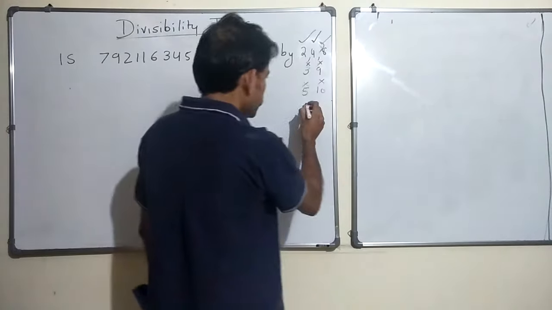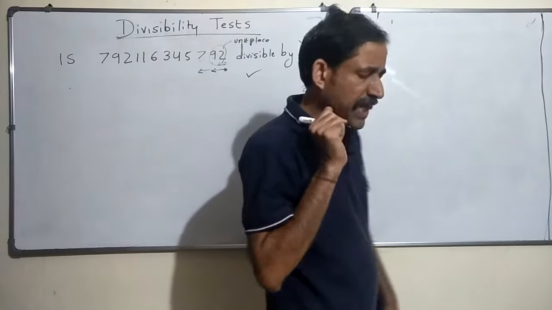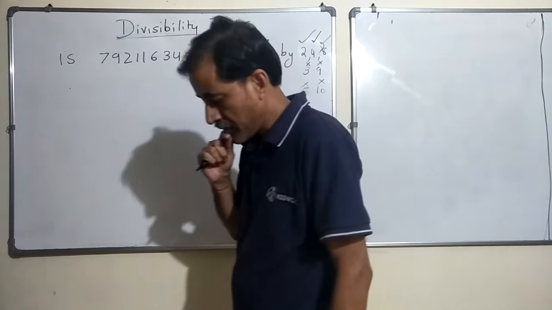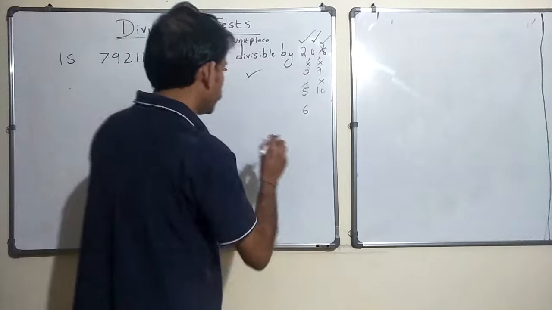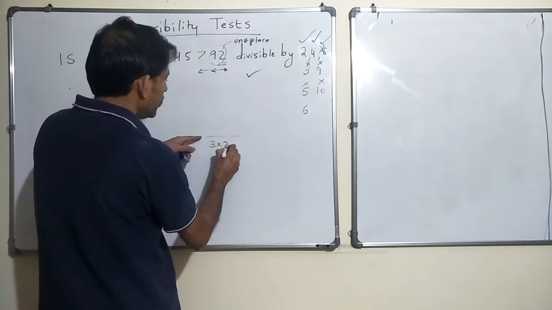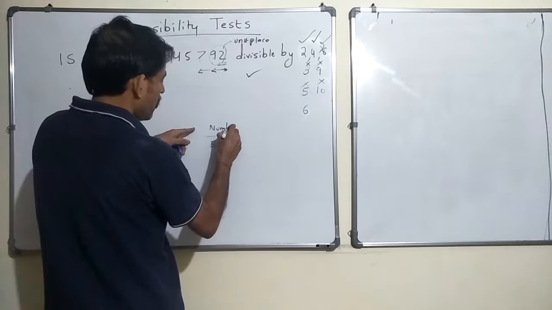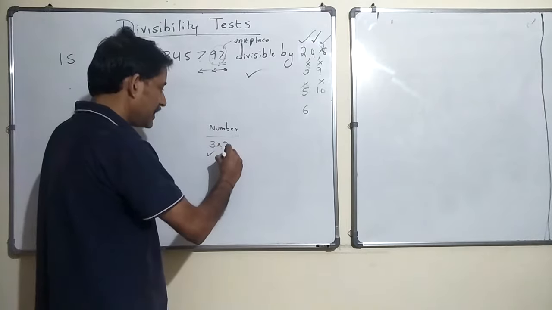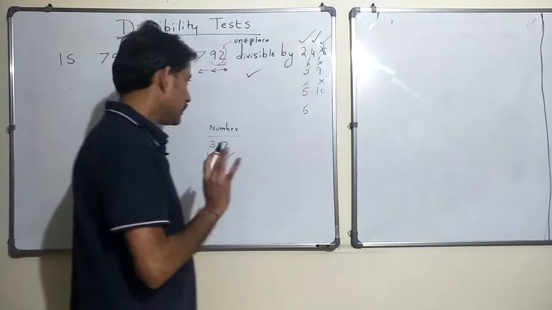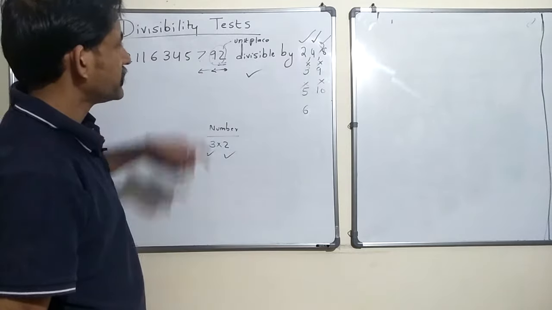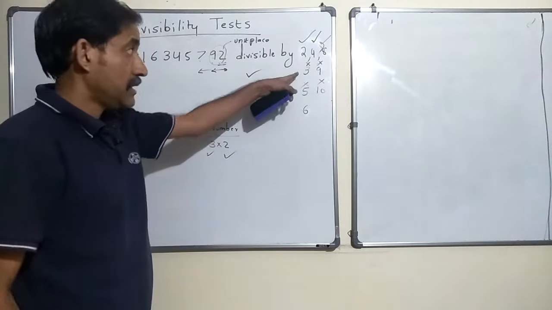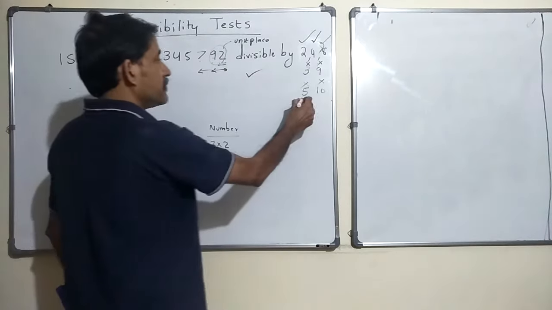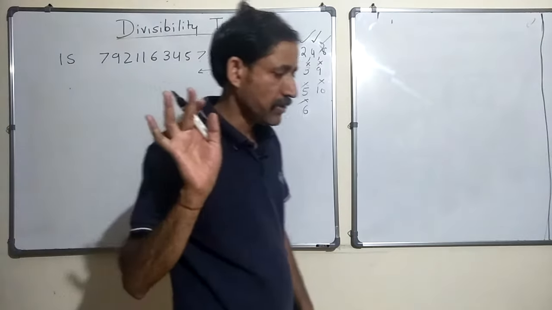Now let's take 6, okay? When do you think a particular number would be divisible by 6? See, if you divide any number by 6 and it has to be divided completely, it has to be divisible by 3 and divisible by 2, correct? In this case, is this number divisible by 2? Yes, it is divisible by 2, but it is not divisible by 3. So this huge number that you can see is not divisible by 6. So that is gone, right?